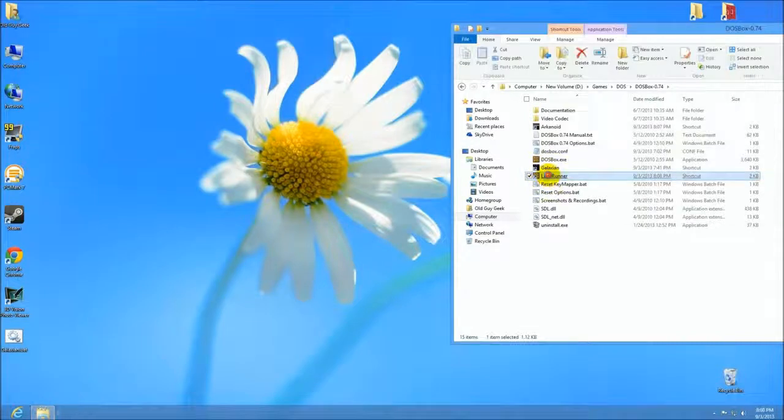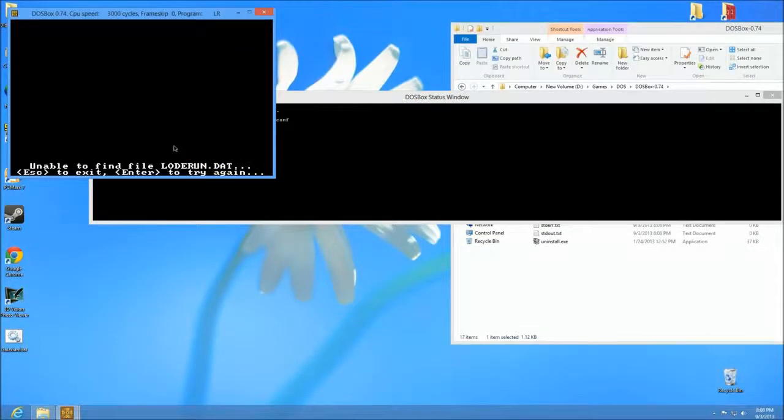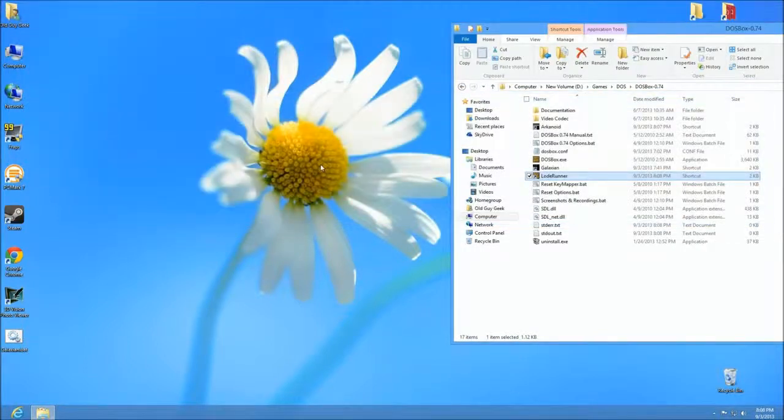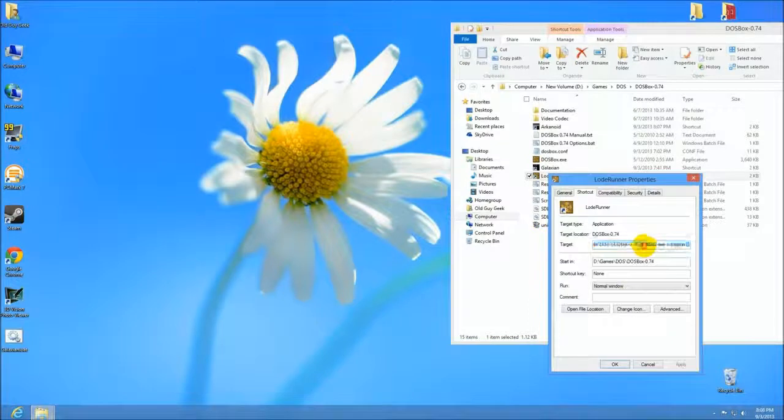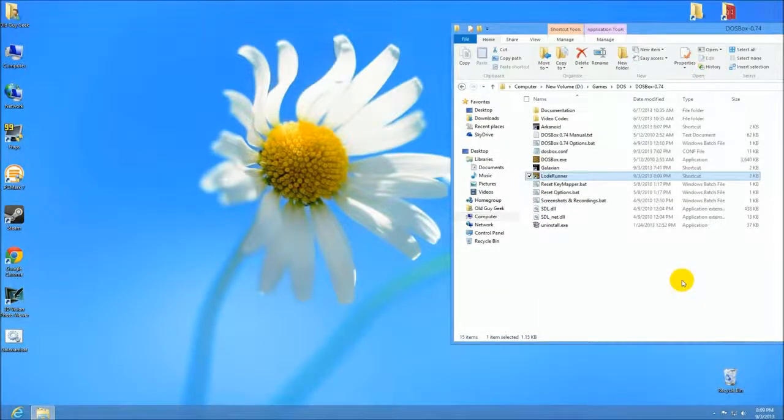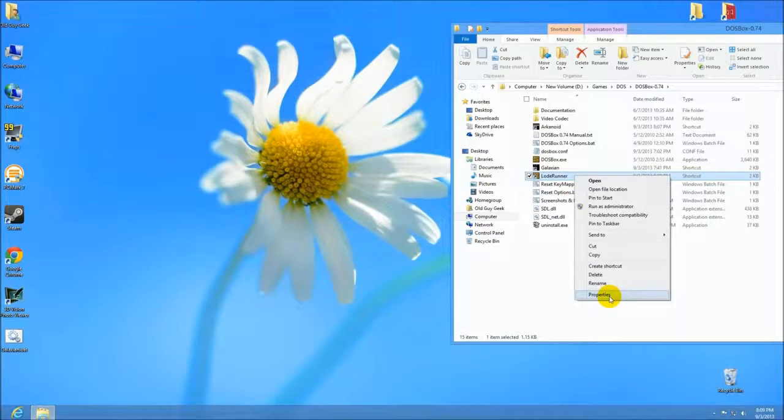how that works. So if we click on Lode Runner, nothing happens. It can't find the DAT file. So I didn't change the directory, and I actually just did a command. So if I were to go back here, right click and say properties again, and just like we did in the last video, I'm going to add in a command here. I'm going to put in quotes, change directory to Lode Run. And then I'm going to go to the next command, put a space in, a quote,